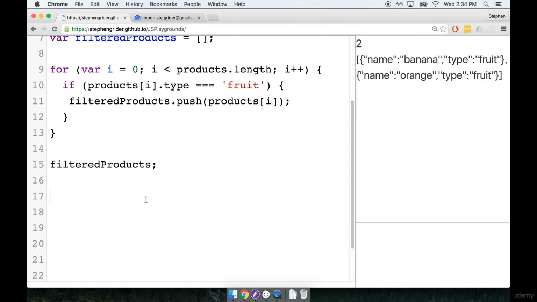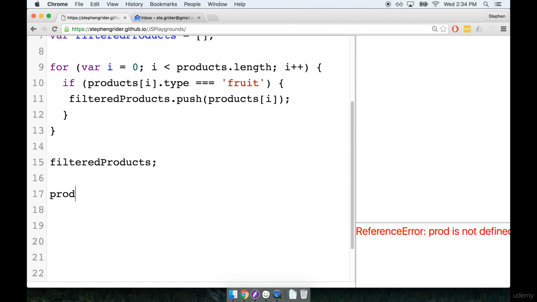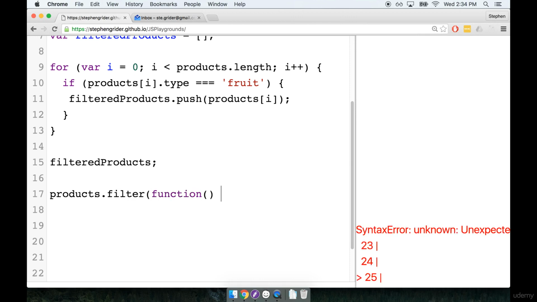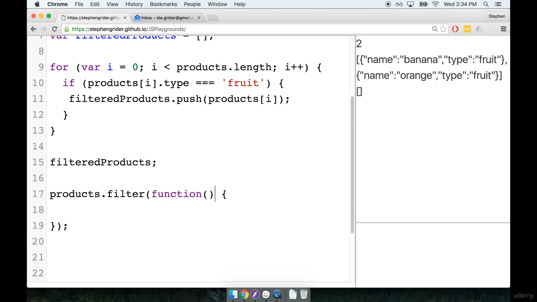I'm going to just, in one line, do the entire thing. So I'm going to take my list of products, and this time we're going to call filter on it. And we'll pass a function in, like so. As usual, the first argument to this inner function, the iterator, is the element that we're currently iterating over. And so we're going to follow that same rule as before, where if we have products plural outside of the function, we are referring to a singular product inside, so we're going to use the singular product as opposed to products, plural. So now once we're inside of here, we can just say return